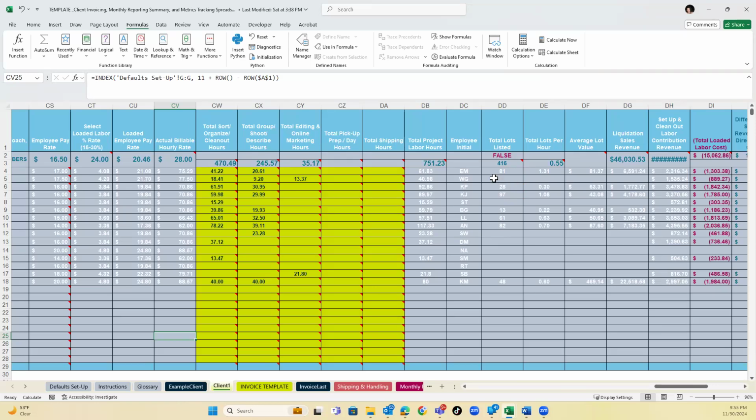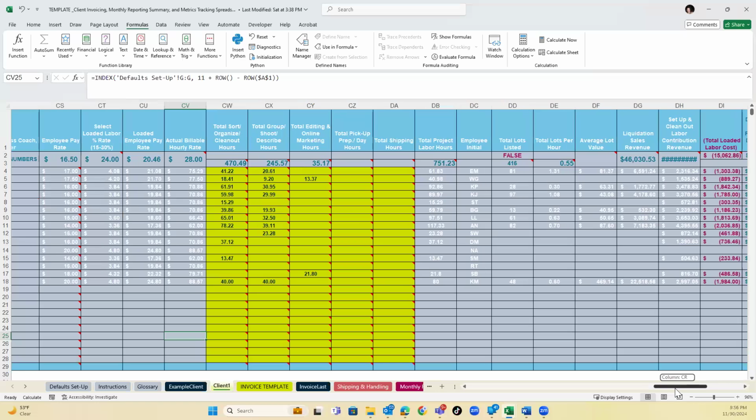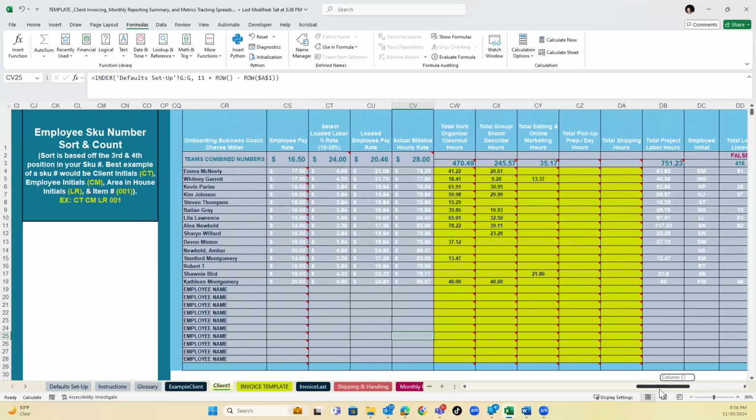As you can see right here, the total amount of lots that were listed for this sale was 416 lots. But you can see that right above it, it's reading a false read, which is telling me that something in this column is not adding up correctly. And so now I need to come back and look and see what's going on, right? And so chances are your employees have inputted their initials incorrectly on some level. At least that's what it was